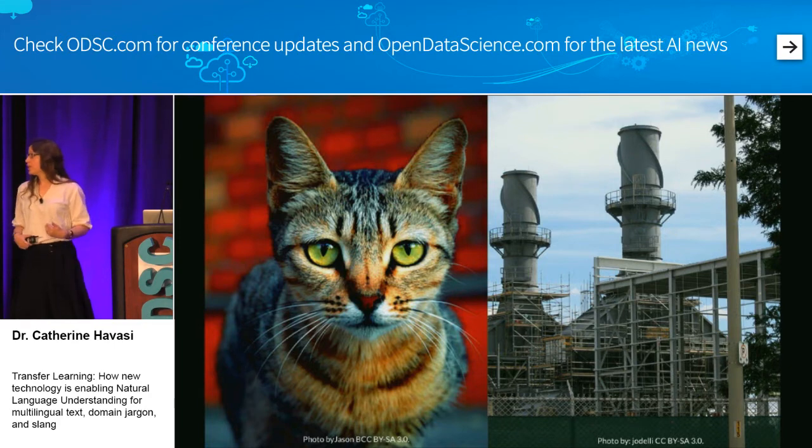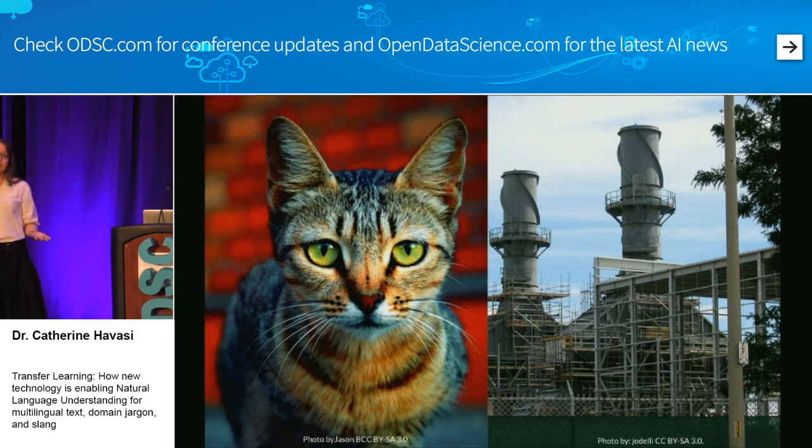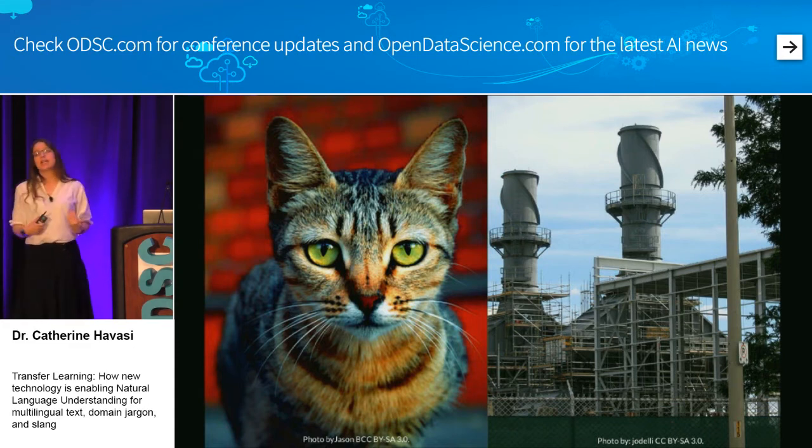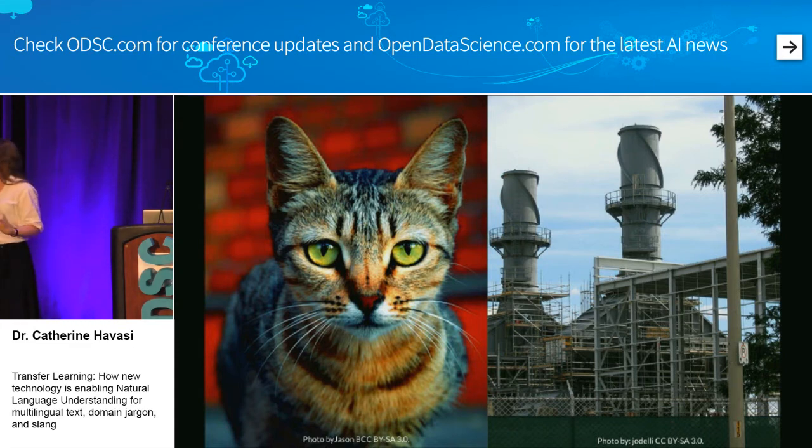And if you used a domain general model, what you would end up with is a model that's made to sell advertising and is really good at figuring out where cats are, right? That's not going to actually help you find any cracks in your facility. So what you need to do is take a really robust domain general model, maybe even one with cats in it, use some domain specific information and move it over.